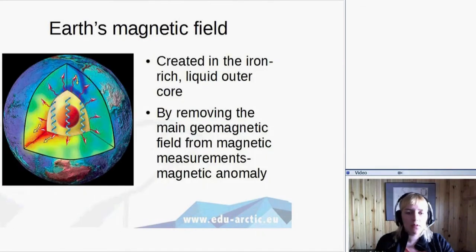So this is where the magnetic field is created, the main magnetic field. But if you have observations made by magnetometers on the Earth's surface, and if you subtract this influence from the Earth's core, you will still be left with some magnetic fields whose source we don't know. So now we will answer this. What's the source